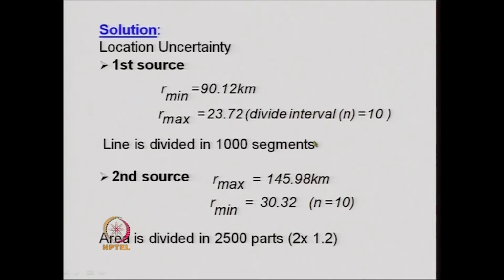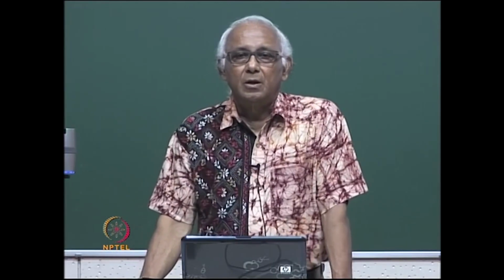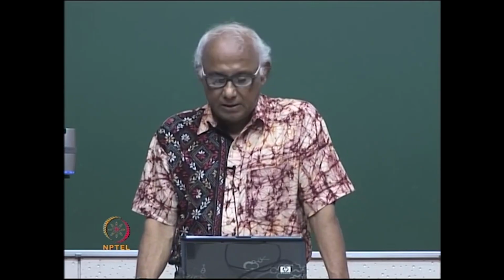So this interval is again divided into 10 equal divisions, and assuming that the area is divided into 2500 parts of size 2 into 1.2 meter, and assuming that the center of each one of these sub areas of 2 into 1.2 is a point of earthquake, then we can have 2500 epicentral distances for source 2, and these 2500 epicentral distances can be now categorized into 10 divisions that you have obtained, and we can find out the probability of occurrence of an earthquake with epicentral distance as specified